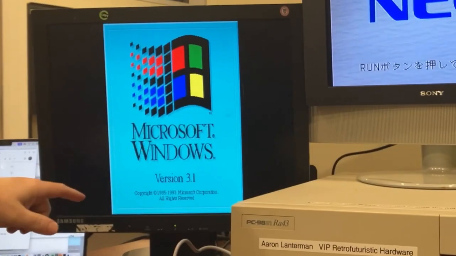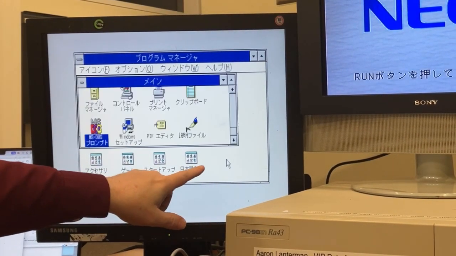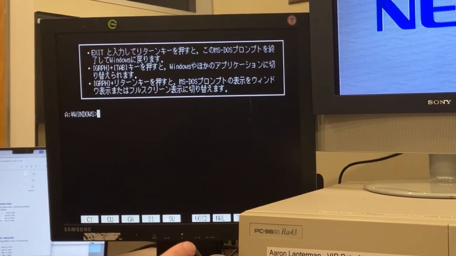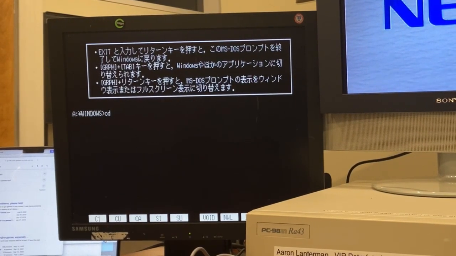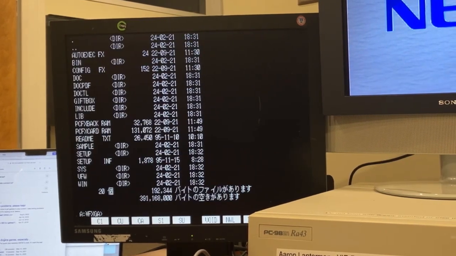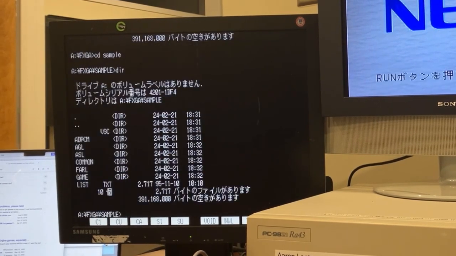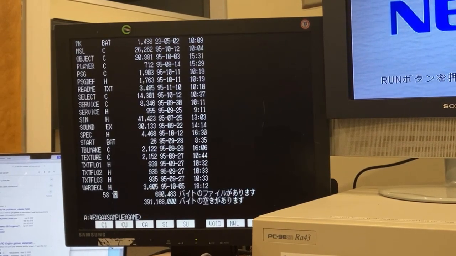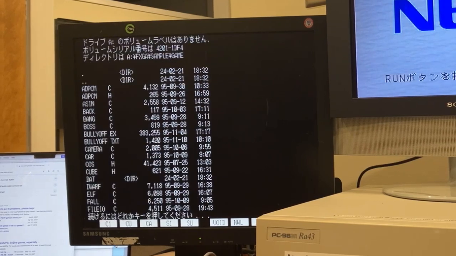You have to start Windows and then go down here to the lower right, click on it, and then go to DOS from Windows, and that sets up something or the other in order to get this to work. So now let me CD double dot up here. We go into the FXGA folder, and then we can go into the sample folder, and from there we're going to go into the game folder, and here, let's see, I'm going to do dir/p, and there's a